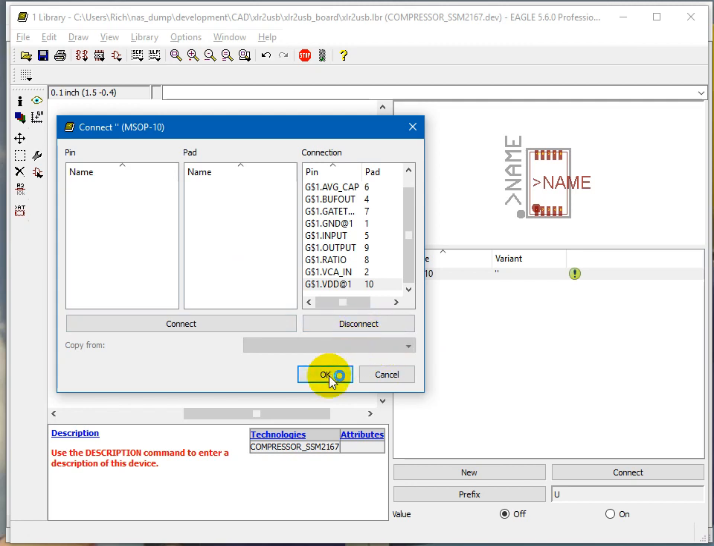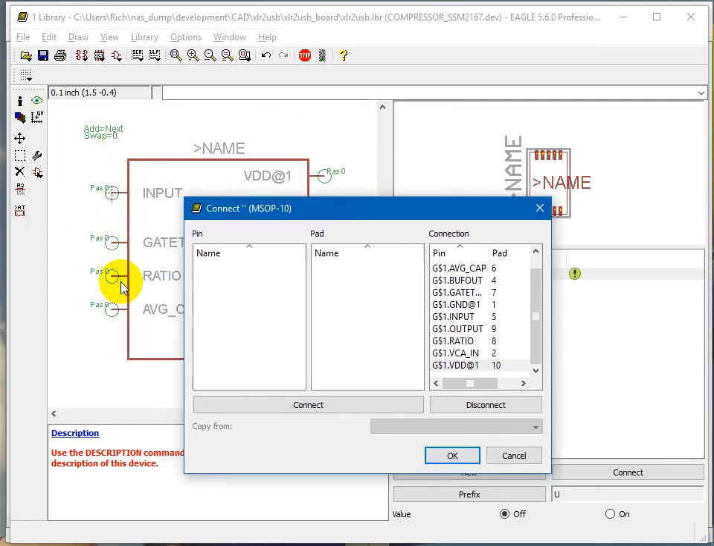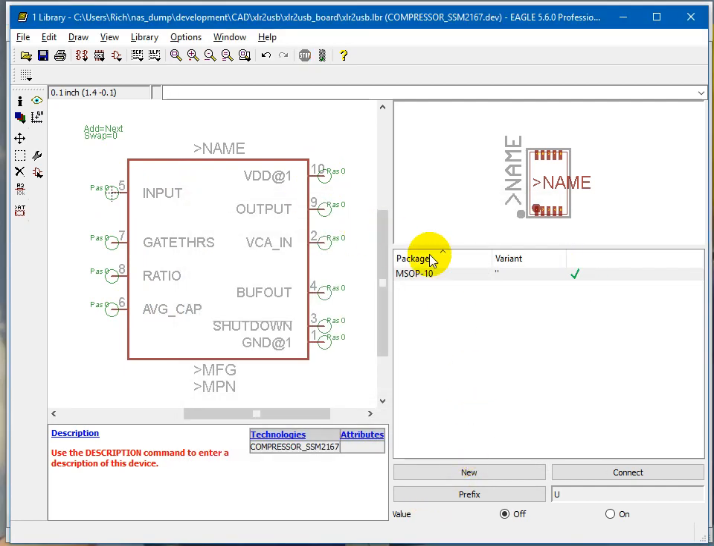I don't really use this feature a whole lot, so don't worry too much about him. So I'm fully connected, and watch two things that are going to be interesting. First of all, these are going to pop up with some extra information, and that guy's going to turn into a little check mark. So check mark means all the pins are connected,